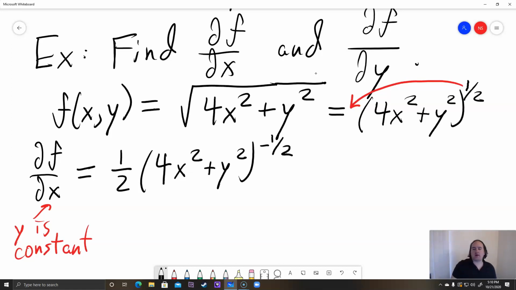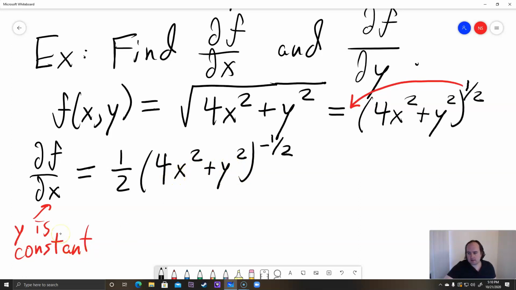So all we're doing there is the chain rule, so we're doing the outside function first and taking the derivative. Using the power rule, we bring the power out front and decrease it by 1. So 1/2 minus 1 is negative 1/2. Okay, and then we're going to multiply this times the derivative of the inner function. So here the inner function is 4x squared plus y squared